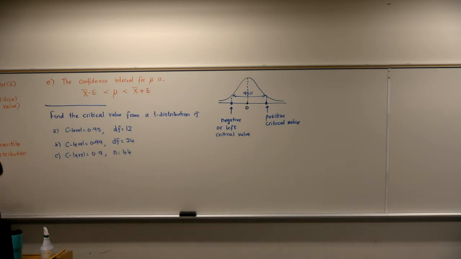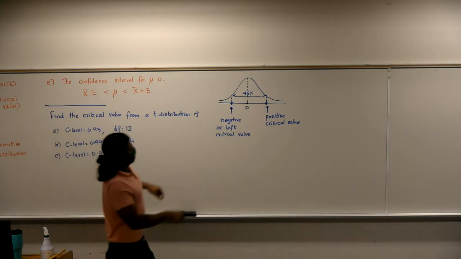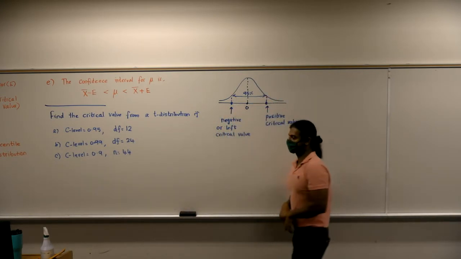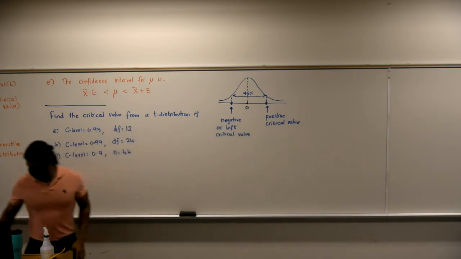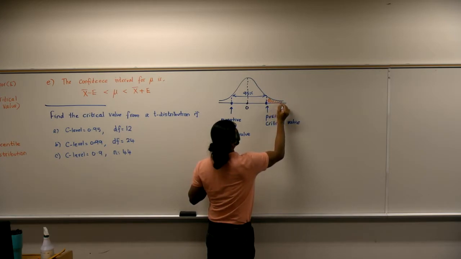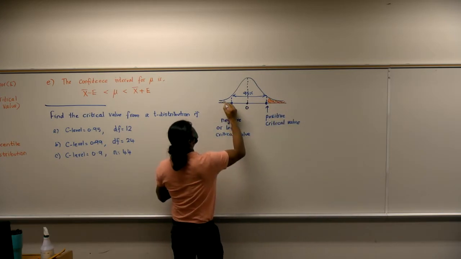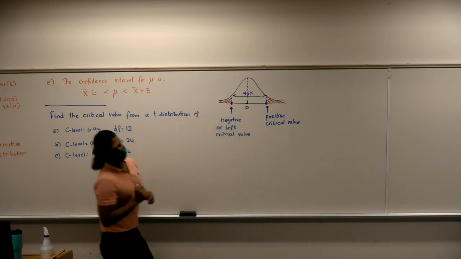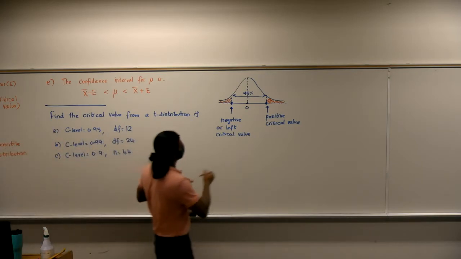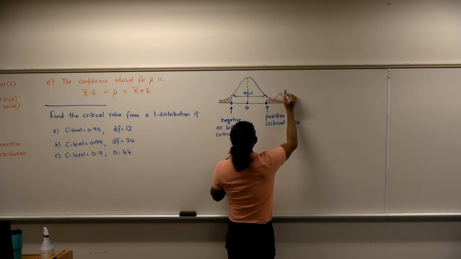So, 95% lies between the negative and the positive critical value. So, what percent would lie on either tail? 2.5%. So that area